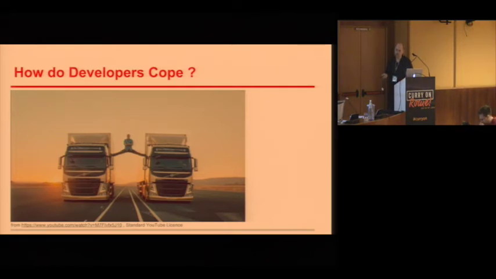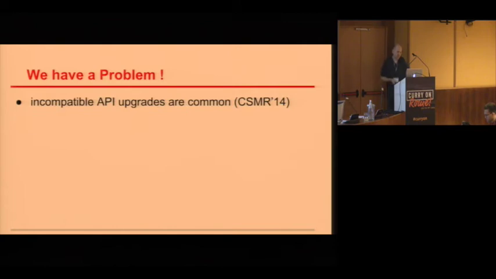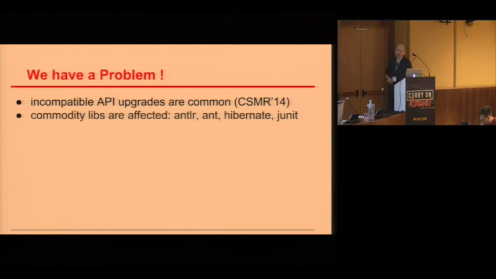And apparently not very well. In the last two or three years, there were a couple of studies done by us and by a couple of other groups, in particular by a group in Delft, who have tried to explore API stability. And it turns out that APIs in Java programs are not very stable. There are libraries which are very, very widely used, such as Ehcache, Hibernate, and JUnit, that are API unstable, meaning that they have public methods where the signatures change from version to version without this being flagged or reflected, for instance, in the version numbers that are being used.